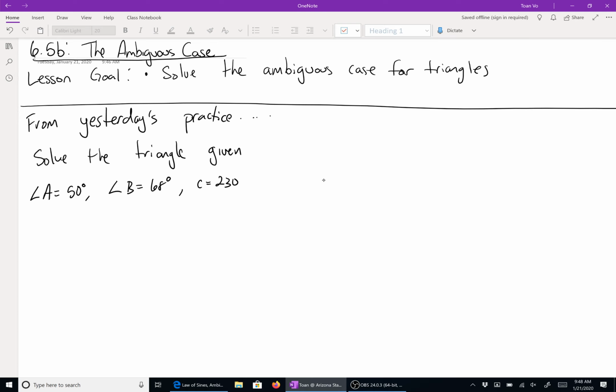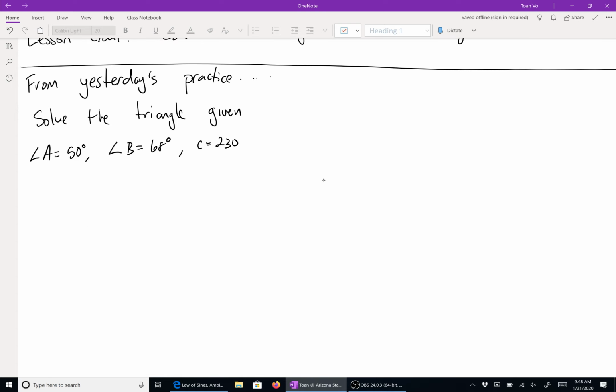We're not going to solve this. You should have solved it yesterday, but I just want to list it and label it out. And heck, I actually want to draw it out too. So in just a random triangle,